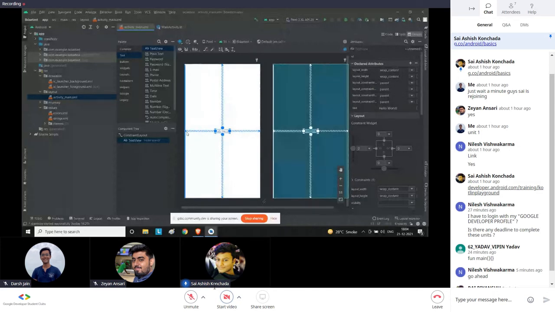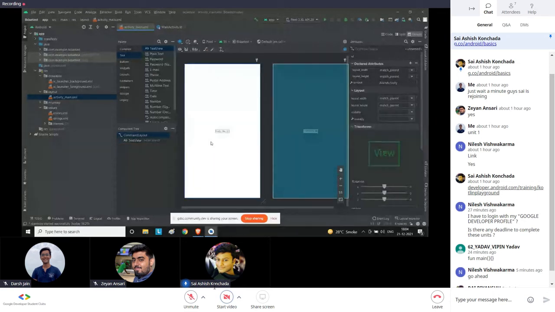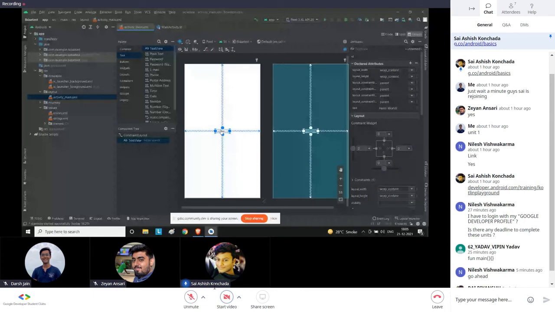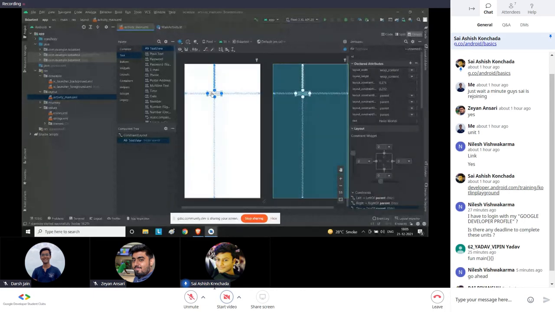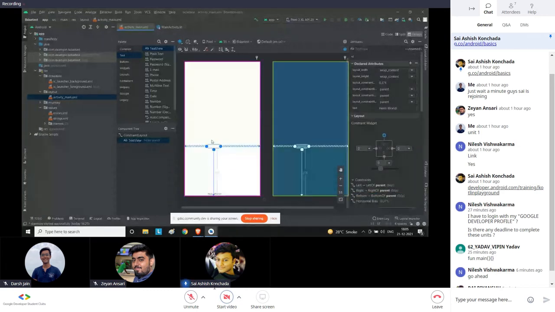There's some relation, that this might be some distance, let's say 0.5 from here, 0.5 from here, 0.5 from here, and 0.5 from here. Every view in the Android app has some distance or a relationship with each other. And all these views are contained in a container. This container is called a layout, and the most popular one, which you're using, is the constraint layout. A constraint layout is a flexible layout. So this is very flexible, right? You can drag it here, there, keep it anywhere, and it will come here and there. So this is a constraint one. So it goes to the bottom, it goes down.